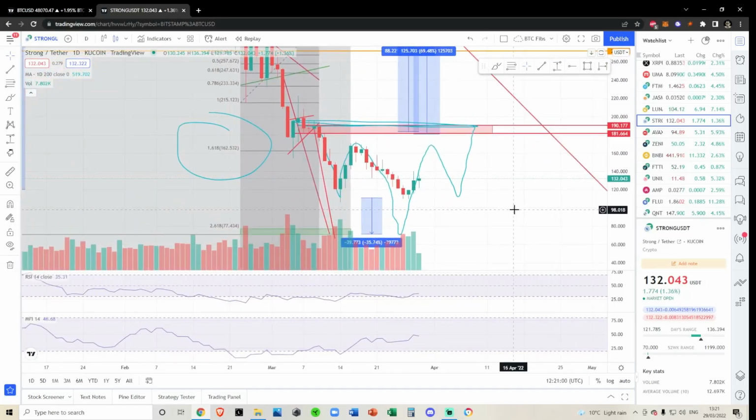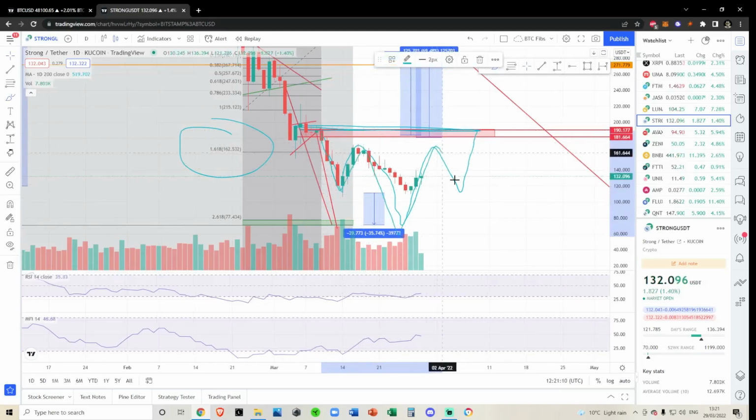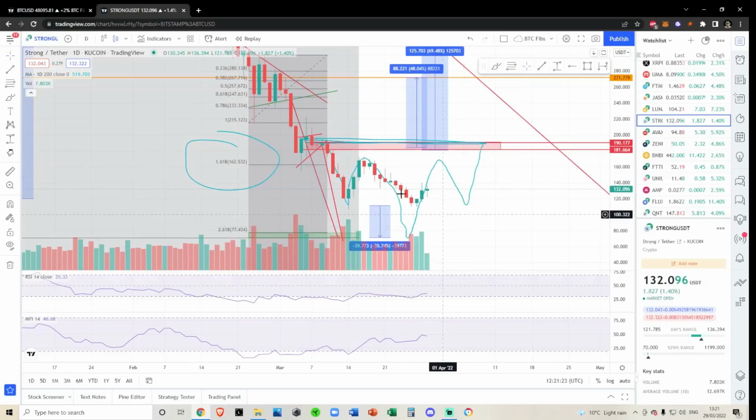If you've watched my last couple of videos, I do always like to say I will flip my tone on Strong once we do break 190. So once we break 190, whether that means that we're going to do this inverse head and shoulders and break out, or whether it means that we're going to do this W pattern and break out of the 190 region, which by the way could be the potential neckline of this inverse head and shoulders. It is more or less the neckline of this W, a little bit too high though,